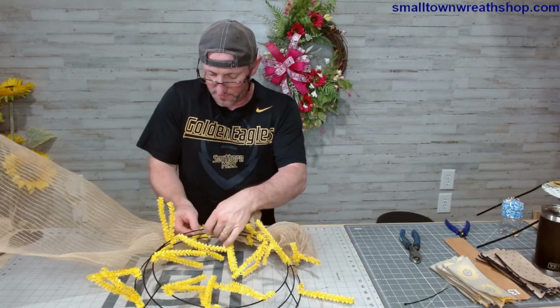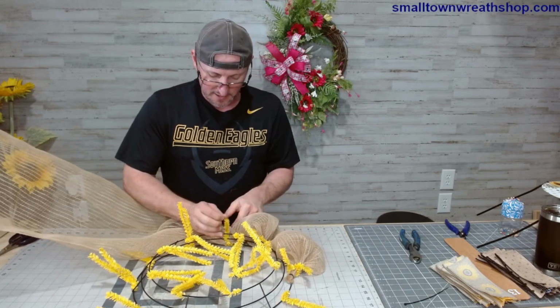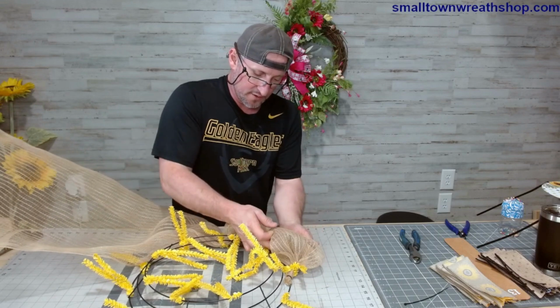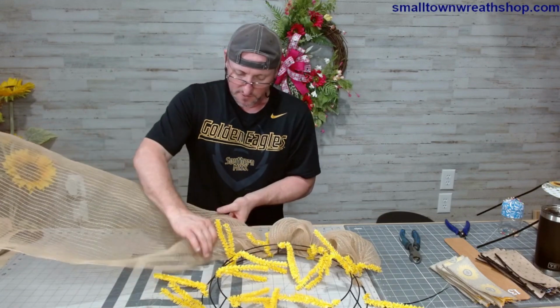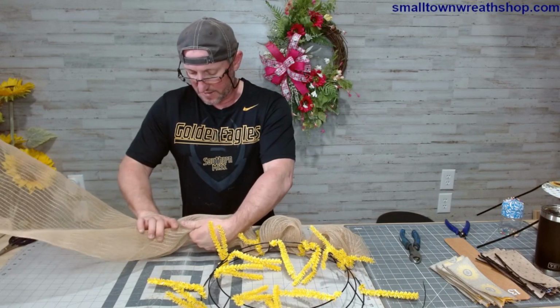One little loop underneath your bar, roll it up and tie it again. Then you can take and work on your little poof. Make sure they all look sort of like each other a little bit. And just get them on. And then just keep working your way. Now when we get to that last one,